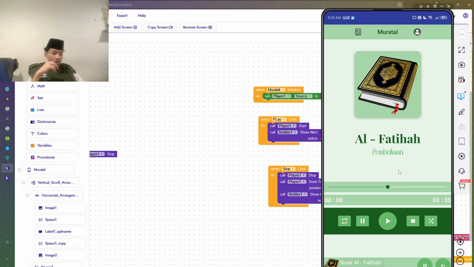Unfortunately, this Quran image is still not working, and this user too. The ones that are working are only play, pause, stop, home screen, and download.